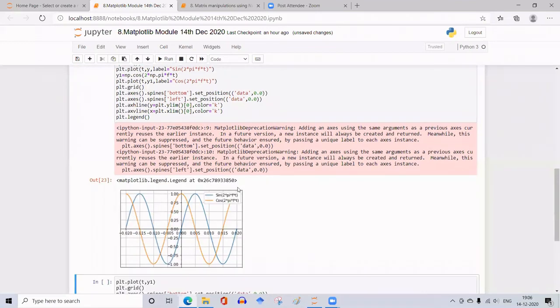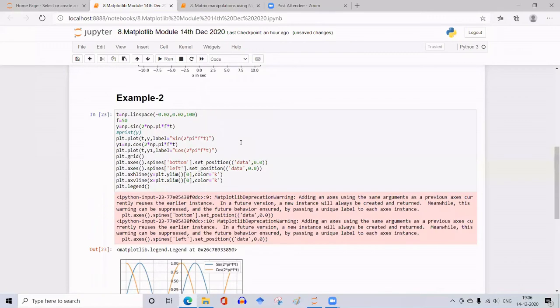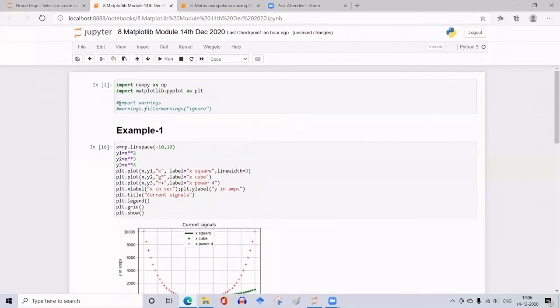Okay. So now the graph is complete, enclosed within a box, and the axis also properly placed so that we can easily recognize the various points on this. Here, this is a warning message that has come due to version changes. So this you can suppress by importing warnings and then warnings.filterwarnings ignore.